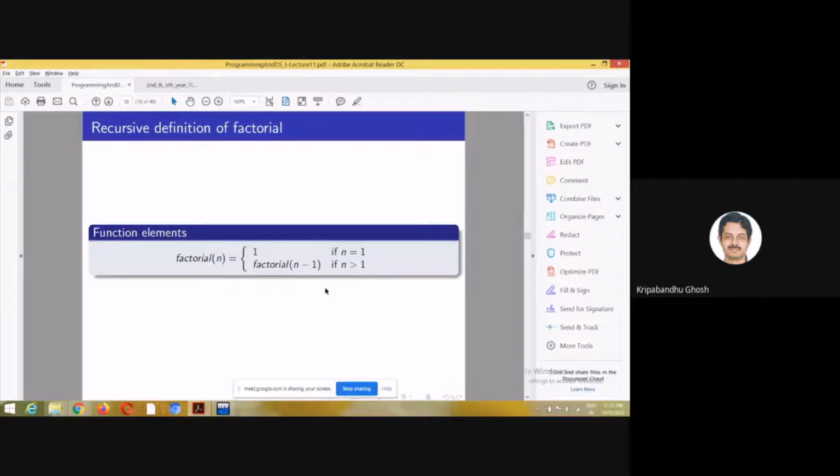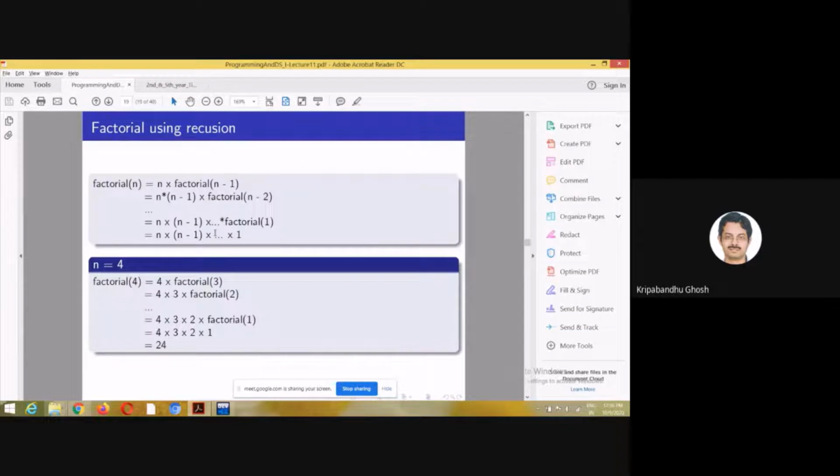So let's try to understand this with an example. If we elaborate this, we can visualize factorial like this. Factorial n is n into factorial n minus 1. If you use this recursive definition again, so if you write factorial n minus 1, then you will get n minus 1 into factorial n minus 2.